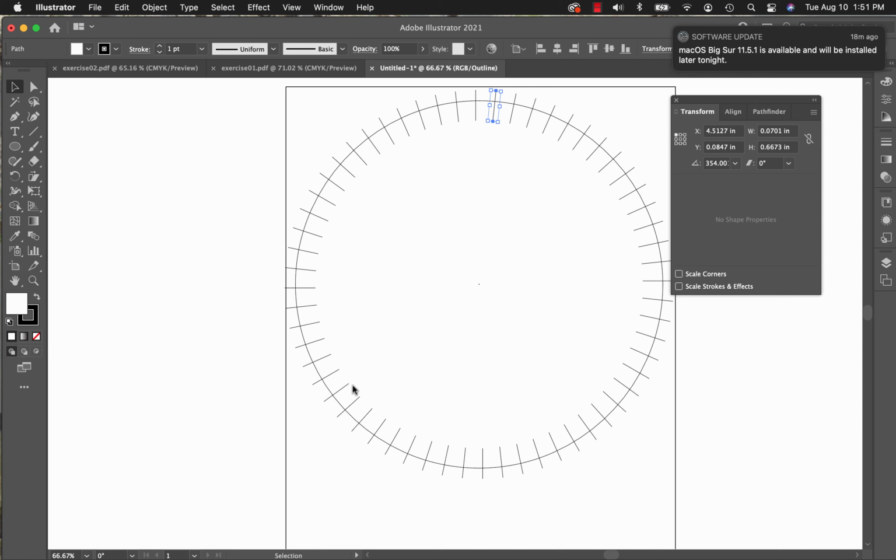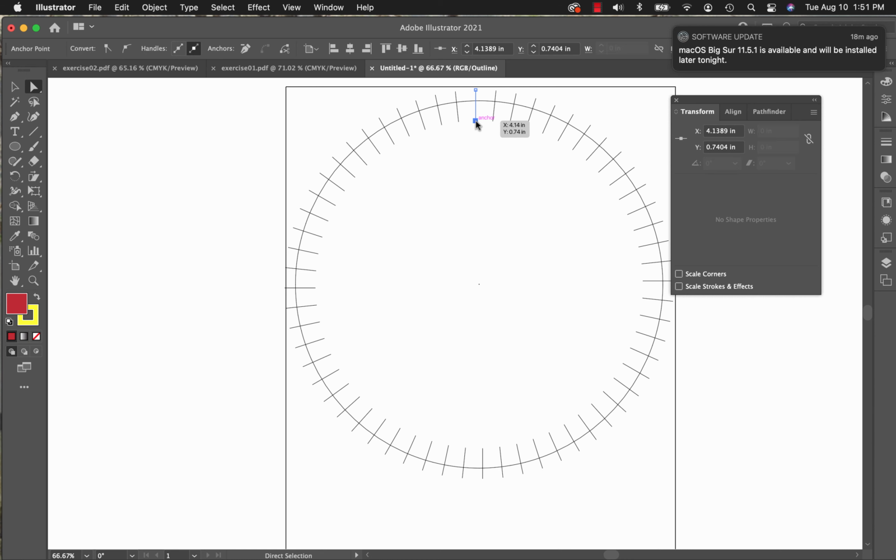All right, now to make the hour marks more visible, we're going to make them longer. And we're just going to scale one of the anchor points for each of those tick marks. So using the direct selection tool, which is the hollow or white arrow, go ahead and select only the inner anchor point of every 5th line. And you hold down the Shift key to select after you select the first one. So 1, 2, 3, 4,